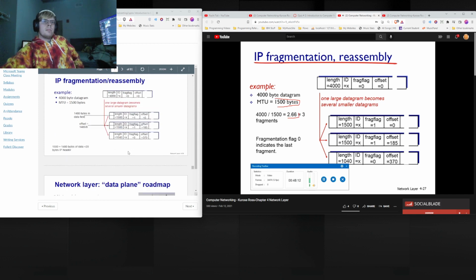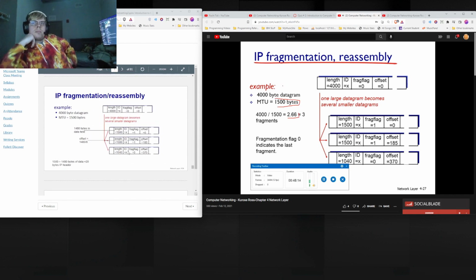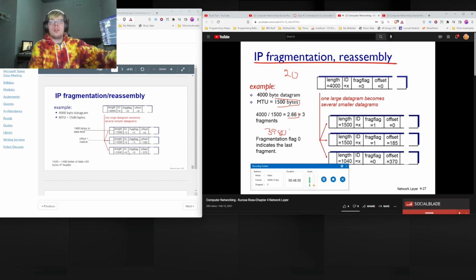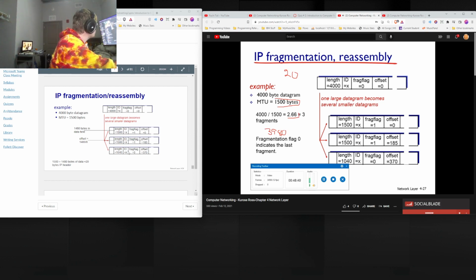Now note that out of 400 bytes, we just discussed that the size of the IP header is 20 bytes, right? So out of 400 bytes, only 3980 bytes contain the user data. The remaining 20 bytes is the IP header. So the user data is 3980 bytes. It arrives at a router and must be forwarded on a link with an MTU of 1500